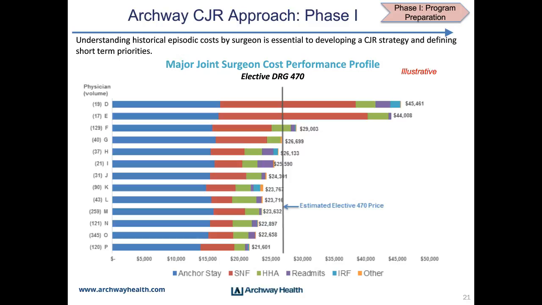We are strong advocates of gain sharing, and Fred outlined kind of how that works. We're strong advocates of gain sharing with surgeons in a strategic way. We wouldn't advocate necessarily every surgeon, but with select surgeons in a strategic way to align incentives with the health system and align incentives for improvement and for good performance in these programs. We think that's a very effective strategy. I'll also say, Fred outlined the rules for how gain sharing works in CJR. The rules in the EPM model are a little bit different than how they work in CJR, and it does seem like CMS is moving towards creating more opportunity for broader gain sharing with certain types of physician groups.